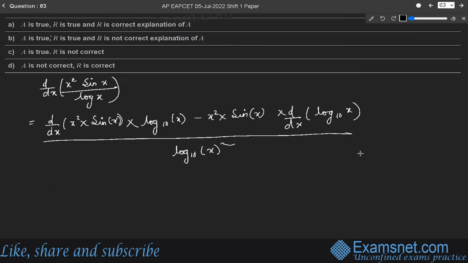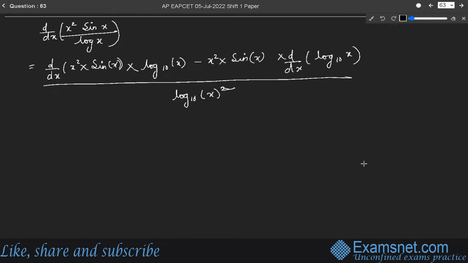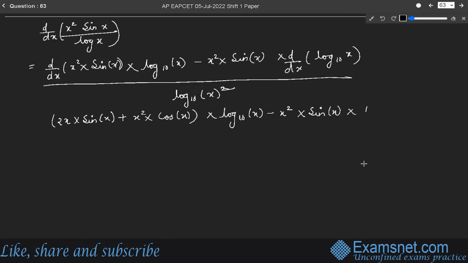On further calculating it, d by dx of x square into sin x will be 2x into sin x plus x square into cos x, into log base 10 x, minus x square into sin x into 1 upon log base 10 x, whole divided by